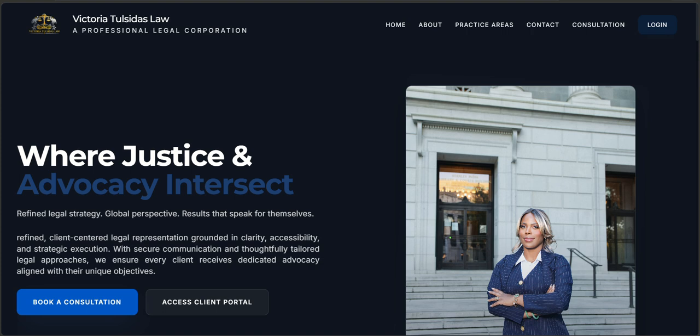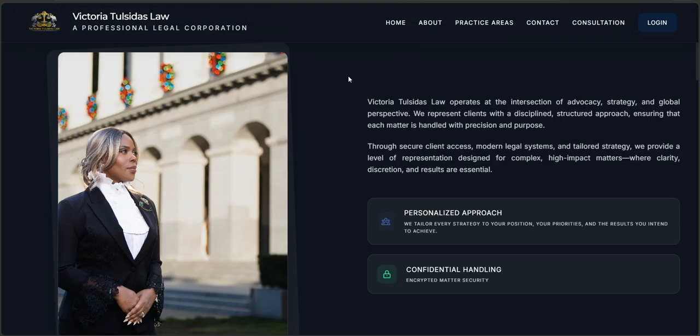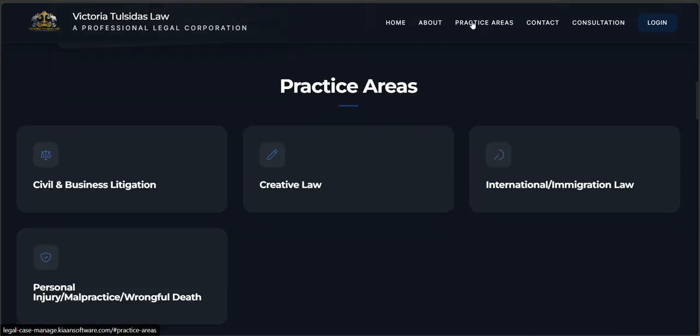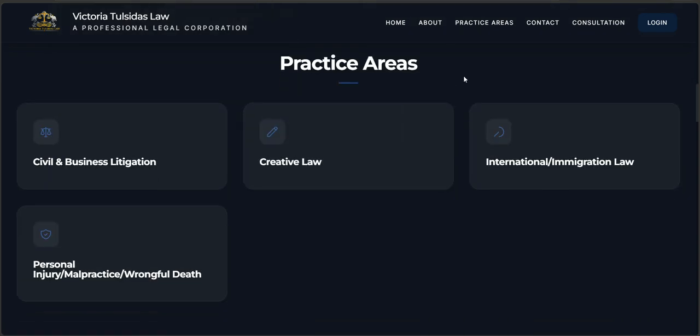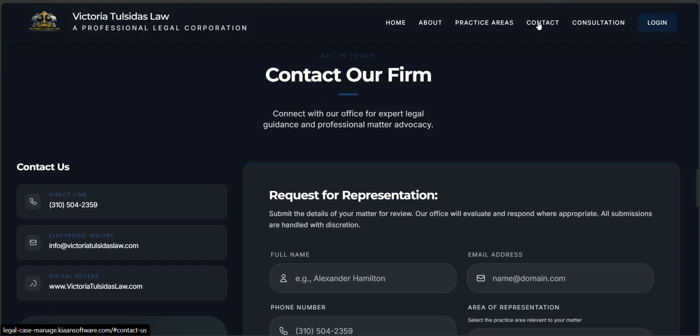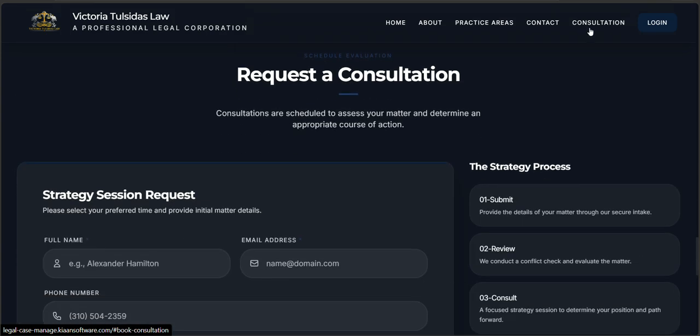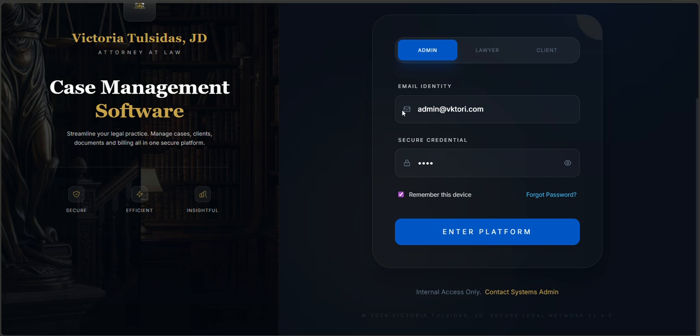And here is the landing page. When you click on this button, we can directly render the contact section. And when you click on this button, it is login. It securely logs in as admin, client, or president.